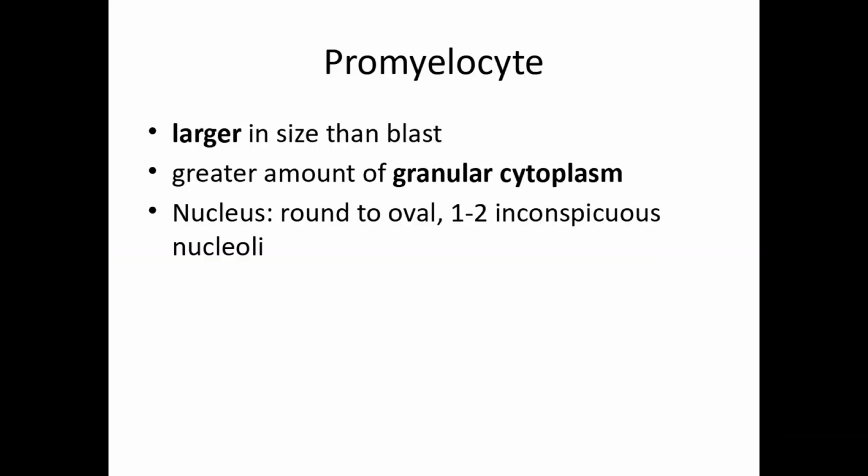Coming to the next stage, which is not promyeloblast but promyelocyte. Promyelocytes are larger than a myeloblast. They have much more cytoplasm. Nucleus size is somewhat similar to a myeloblast, and the cytoplasm will have numerous primary granules. The difference in the nucleus of a myeloblast and a promyelocyte is that a promyelocyte will have a lesser number of nucleoli, but the chromatin distribution will be similar to a myeloblast.